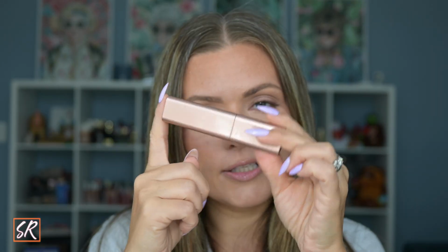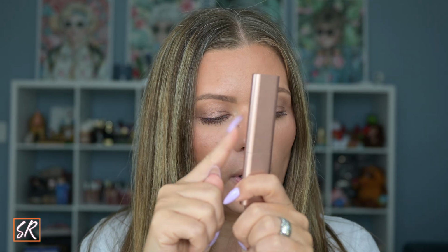But for my cream bronzer, it's this beautiful Lys. It's been on my playlist all of July. I love it. It's the best for me, of course. Anyway,